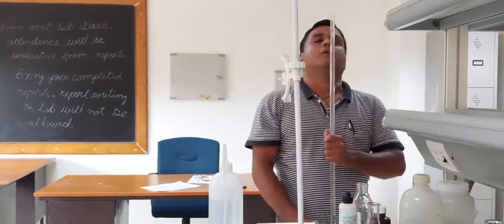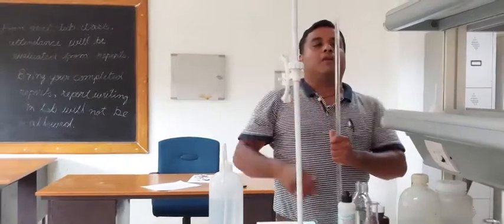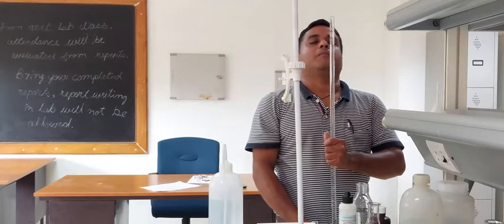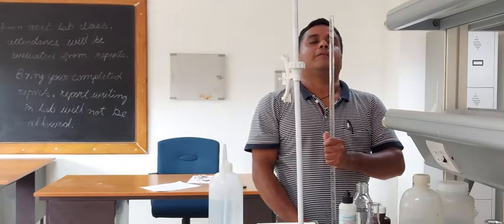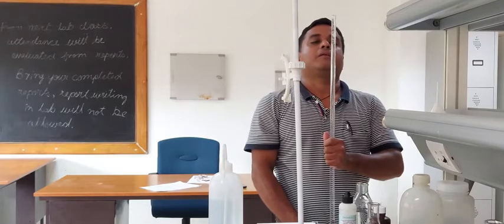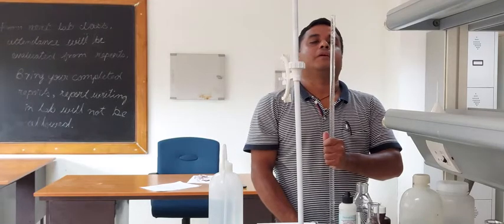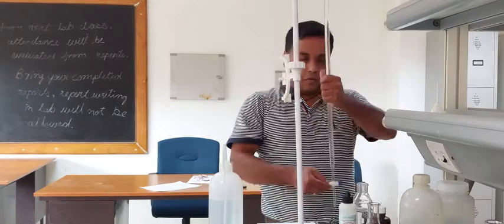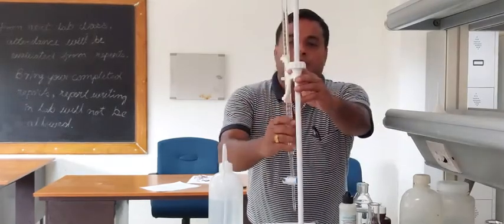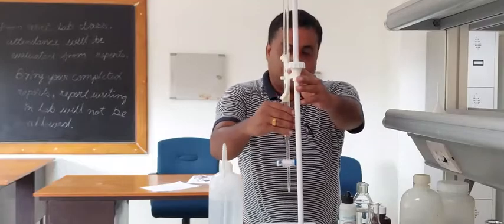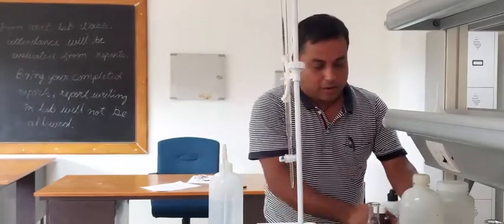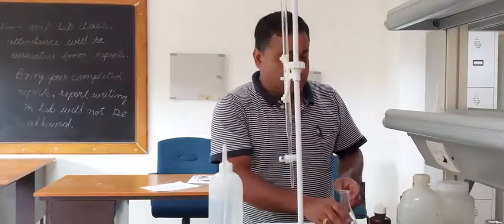So you need to check horizontally, at the same height as your eyes, the mark; otherwise you cannot confirm. But it is now 0. The initial reading in the burette of the titrant sulfuric acid, I am taking here as 0. And now I will take the sample for measurement.